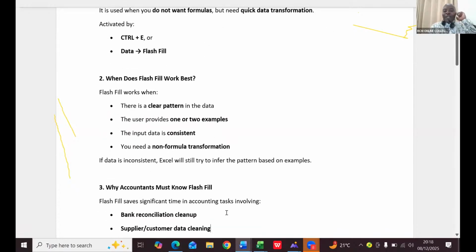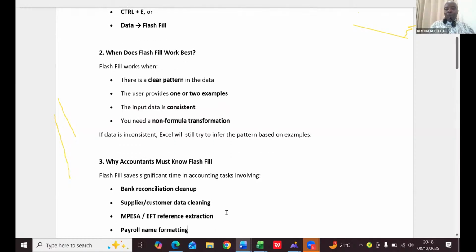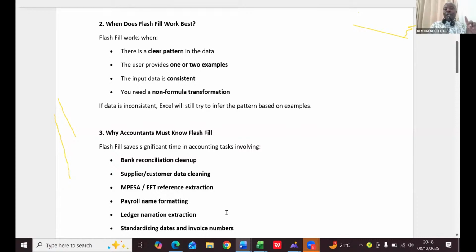Why must accountants know flash fill? I normally use flash fill at my workplace, especially in my audit firm, every other day, because I run an audit firm by the name of Aura and Co. Flash fill saves significant time in accounting tasks involving bank reconciliation cleanup, supplier and customer data cleaning, M-Pesa EFT reference extraction,